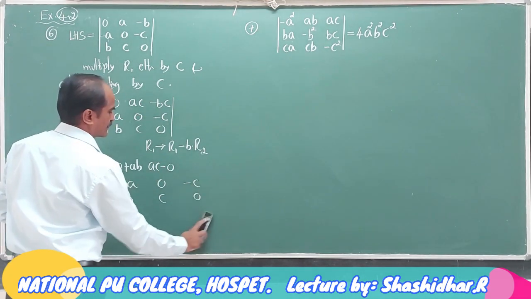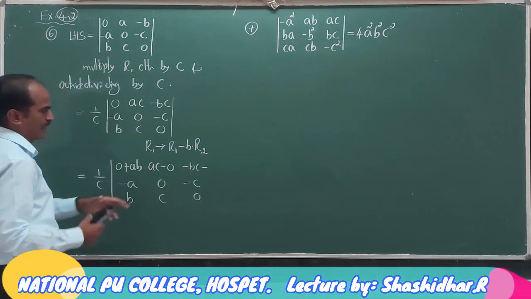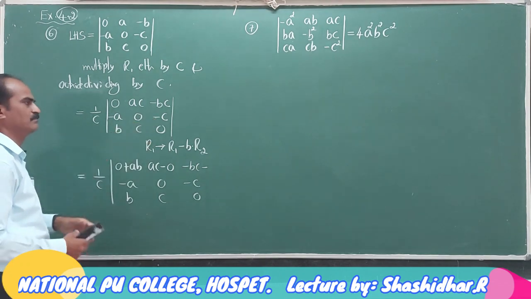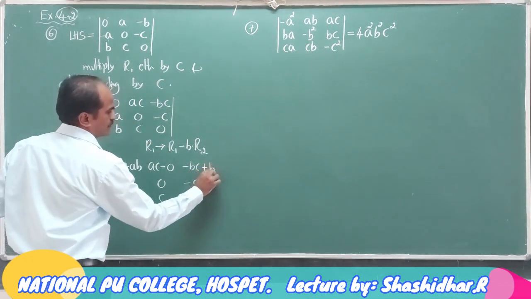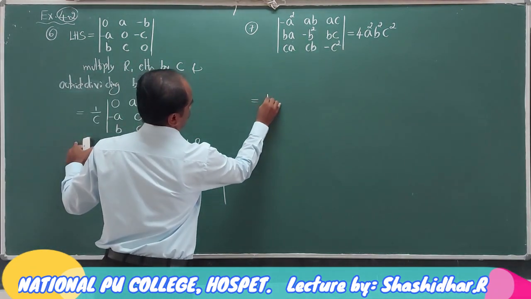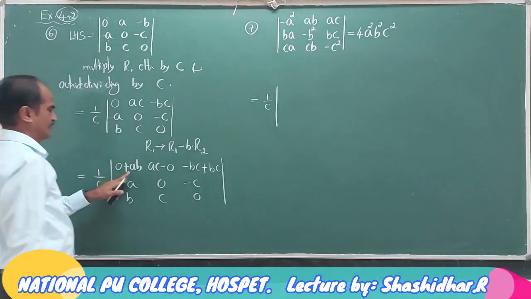Third row, third element: minus BC minus B times of R2. B times of minus C minus BC, minus of minus plus BC, it becomes... Now what is the resulting determinant? It is 1 by C into determinant, first row